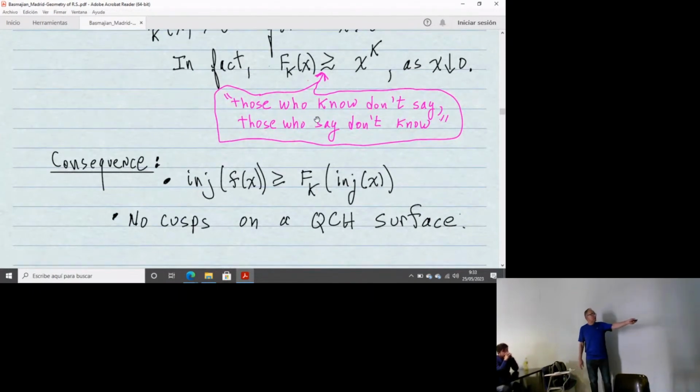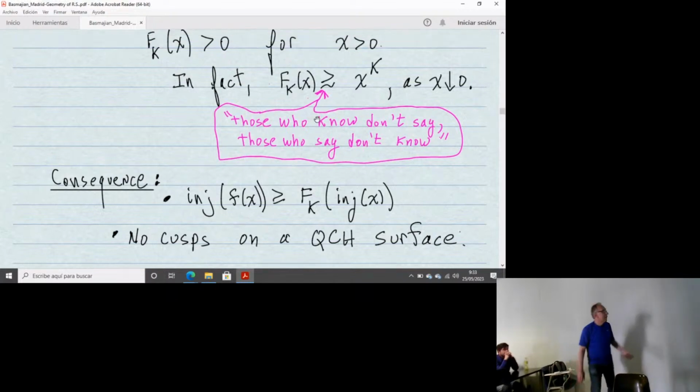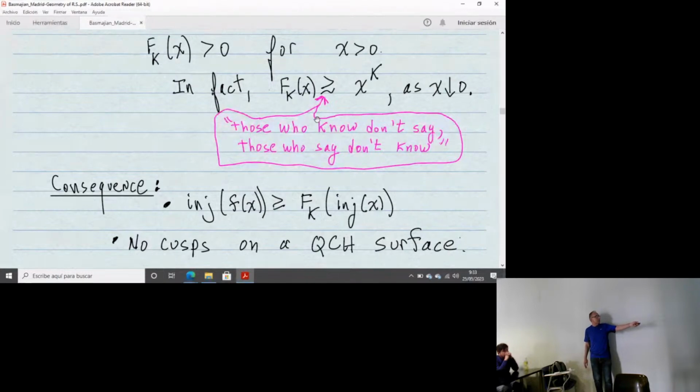The implication of this other line is that the injectivity radius at the image of a point is always bigger than this function of the injectivity radius of x. Okay? So that implies there are no cusps on the QCH surface